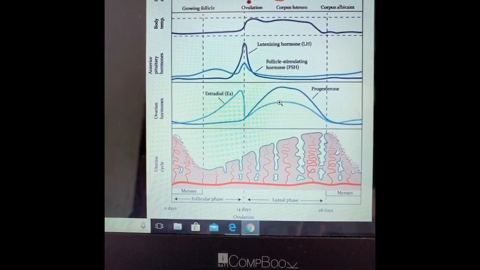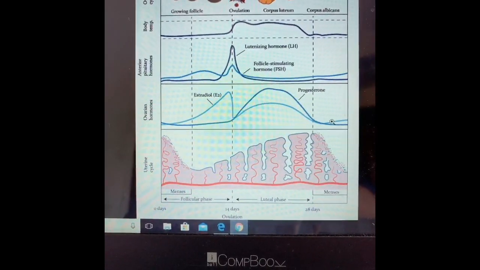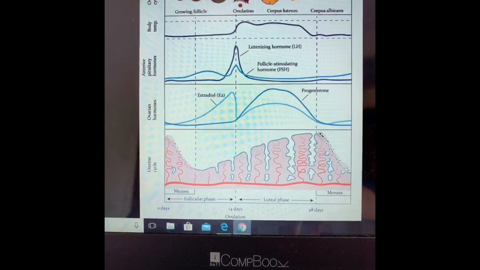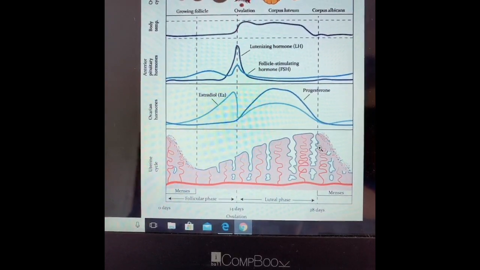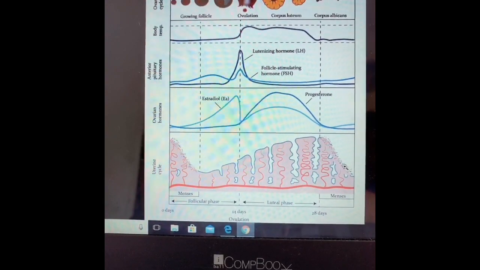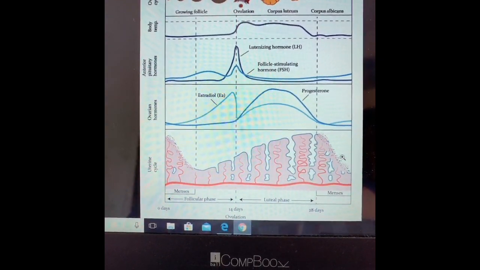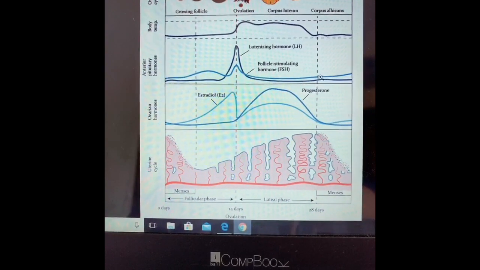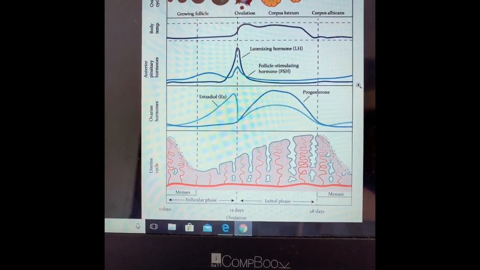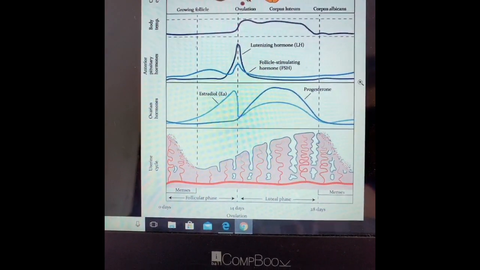As a result, the progesterone level decreases. With the decrease in the progesterone level, the endometrium is shed off along with the unfertilized ovum. This also marks the beginning of a new cycle where again the LH and FSH are slightly increased in the blood. I hope you all have understood the menstrual cycle.